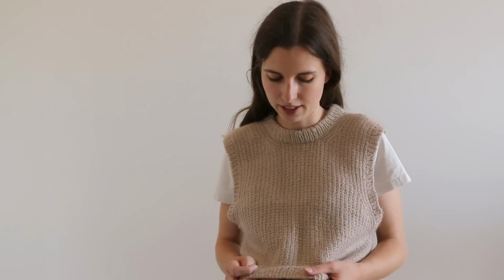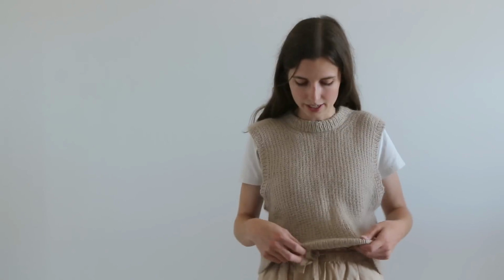But this is the Friday slipover. It is knitted in Sunday from Sandnesgarn and tynn silk mohair, again in my favorite light beige color. It is knitted in a broken rib stitch, and this was really fun because this was probably my second or third garment, so this is really one of my beginner projects, and this had a lot of new techniques for me. The broken rib, then you start in the back,